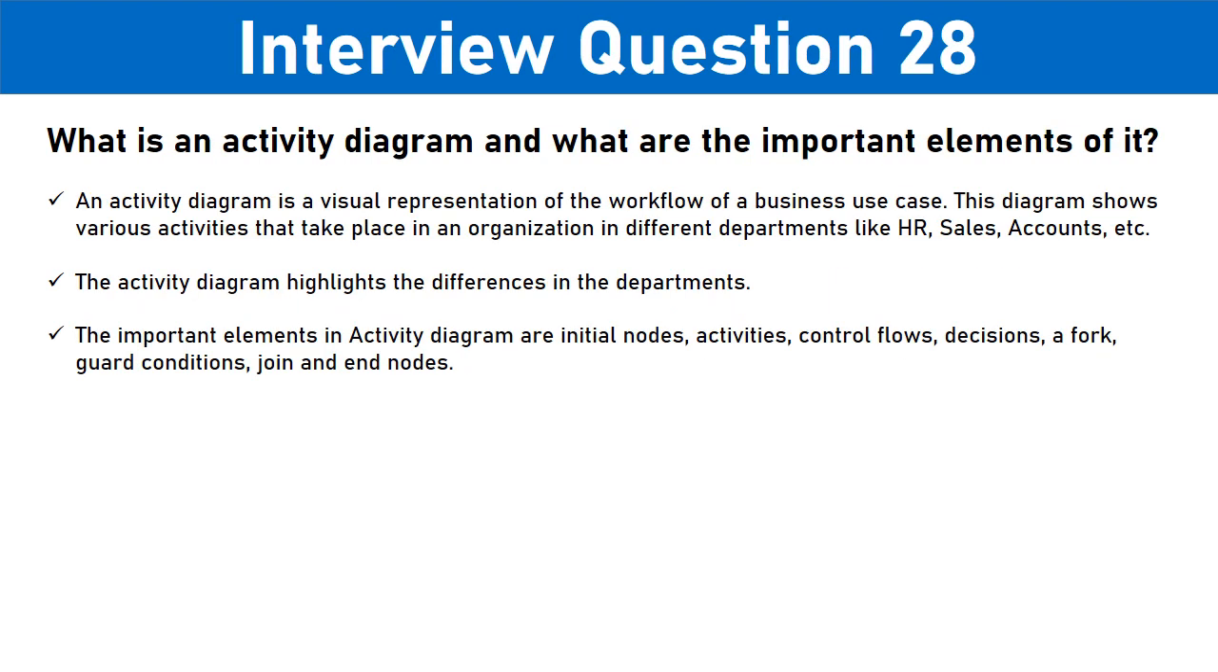Interview question 28. What is an activity diagram and what are the important elements of it? An activity diagram is a visual representation of the workflow of a business use case. This diagram shows various activities that take place in an organization in different departments like HR, sales, accounts, etc. The activity diagram highlights the differences in the departments. The important elements in an activity diagram are initial nodes, activities, control flows, decisions, a fork, guard conditions, join and end